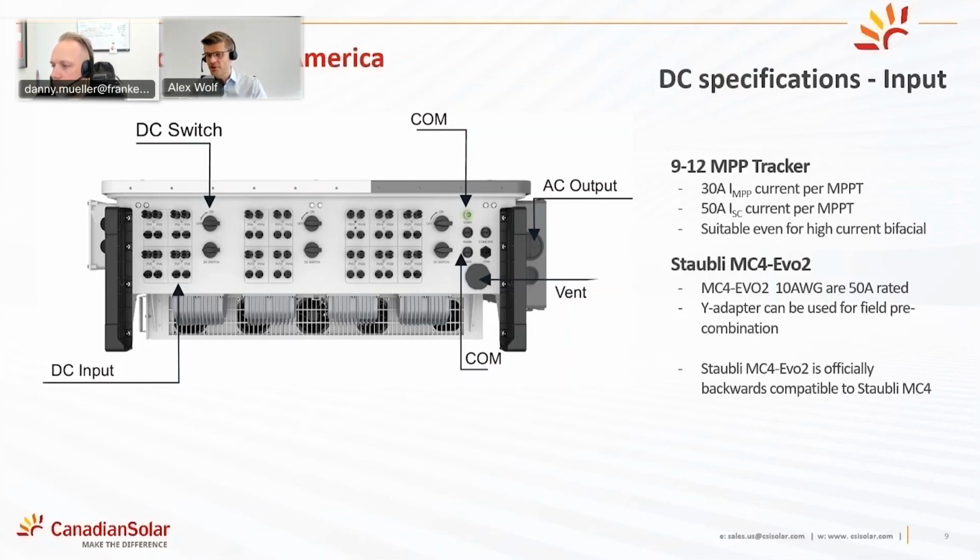A very important feature these days for specifically high current modules, or even bifacial modules that are even higher current, is that the inverter's MPP tracker has a very high short circuit current limit. In this case, per MPP tracker, the Canadian Solar inverter has 50 amps. And 50 amps typically is plenty of capacity to even accommodate a 600 watt and higher bifacial module, 2 strings